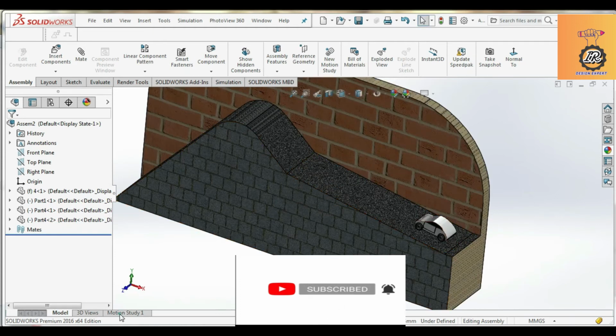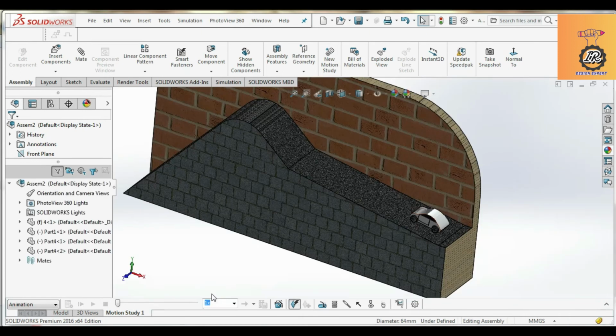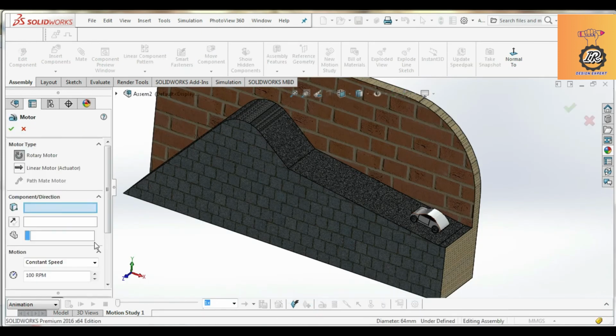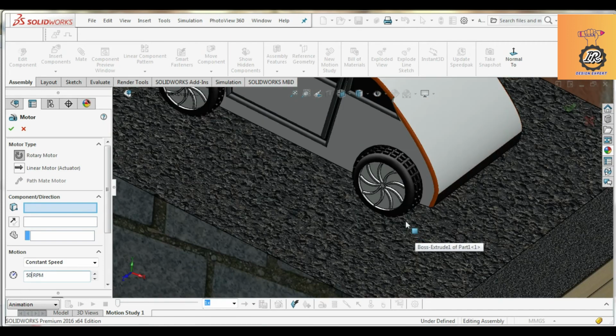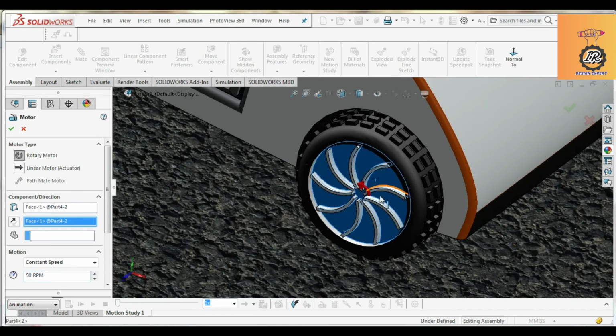Now it is moving. Click on motion study and you can give a motor speed. The first, a linear motor, is applied bottom to top. The speed is 50 mm per second, and the RPM is also 50. Give it to the wheels.